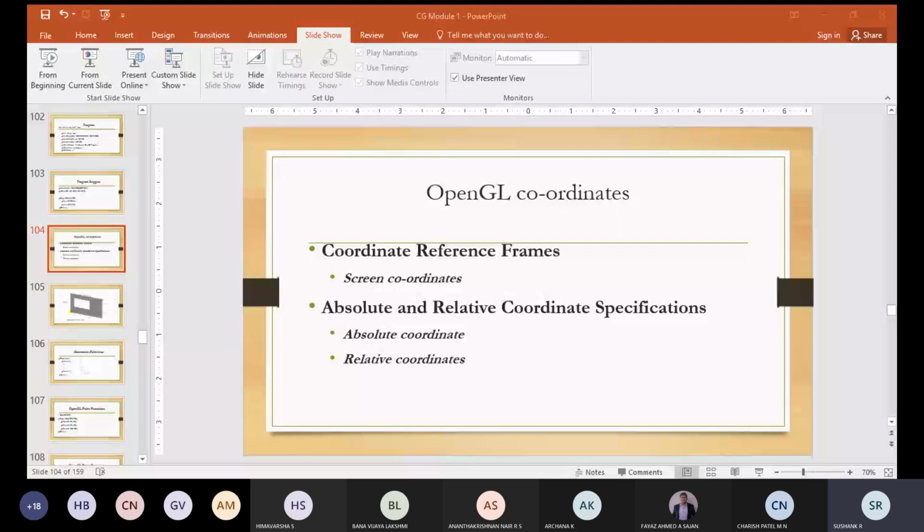And screen coordinates also have two functions. There is one function called setPixel(x, y). The setPixel(x, y) function will store the current color settings into the frame buffer at the location x, y, which is relative to, or with respect to, the position of the screen coordinate origin. So this is the usage of setPixel.